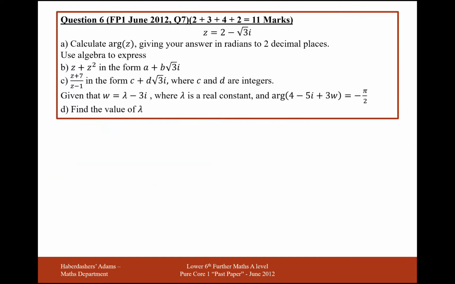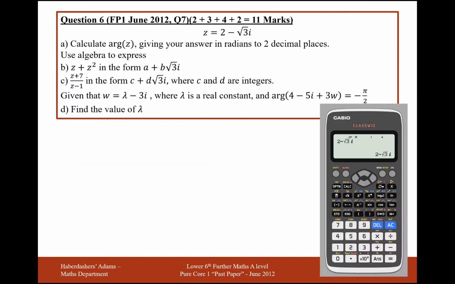So let's move that onto a new page, and I'll be ready to get this going on the calculator as well. So it's going to be 2 minus root 3i plus 7, we'll simplify that in a bit, and 2 minus root 3i minus 1. Okay, so let's just simplify this. So we have 9 minus root 3i over